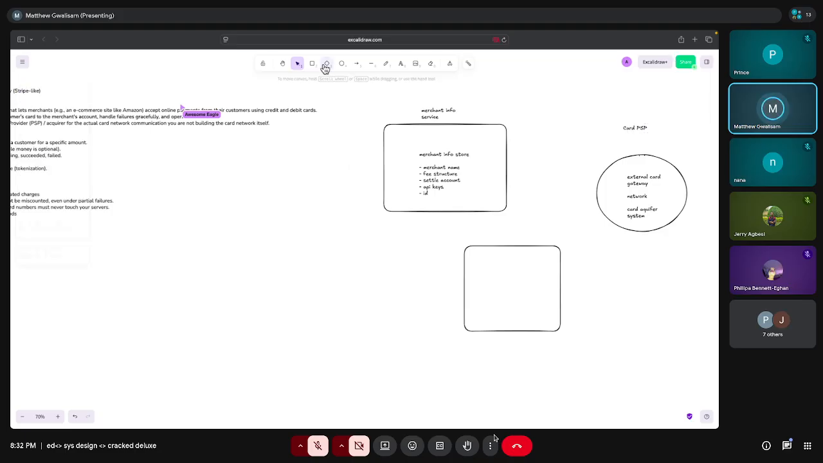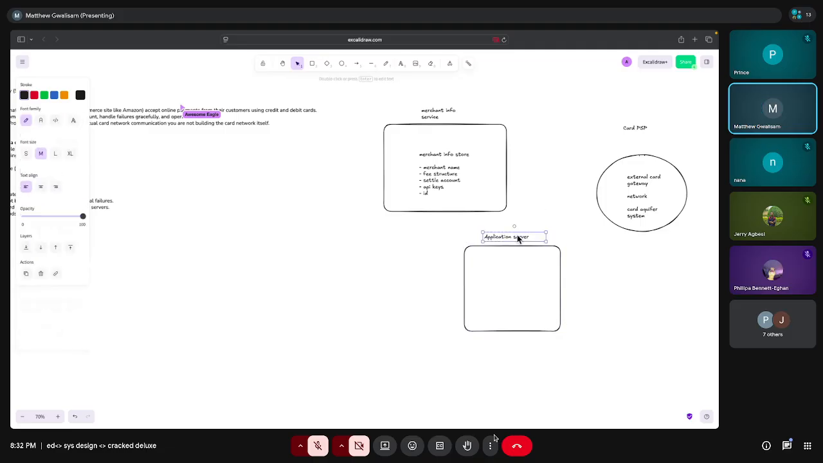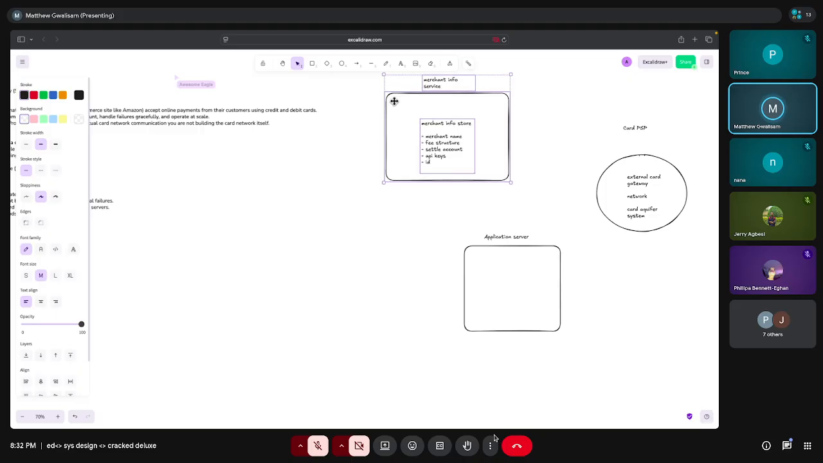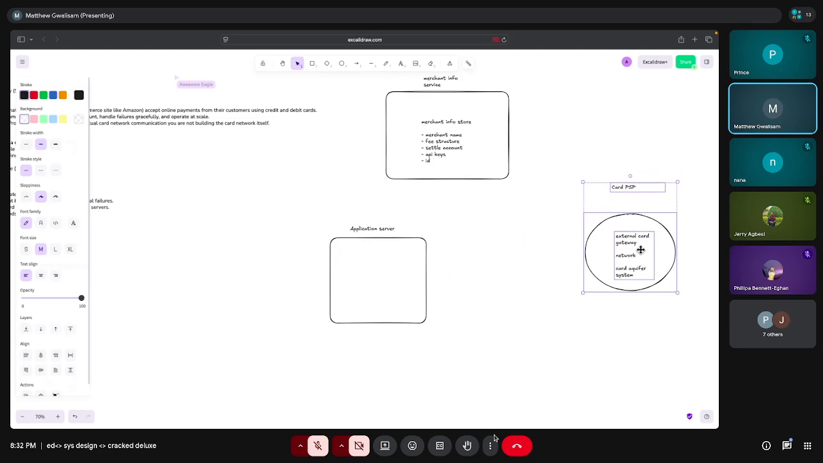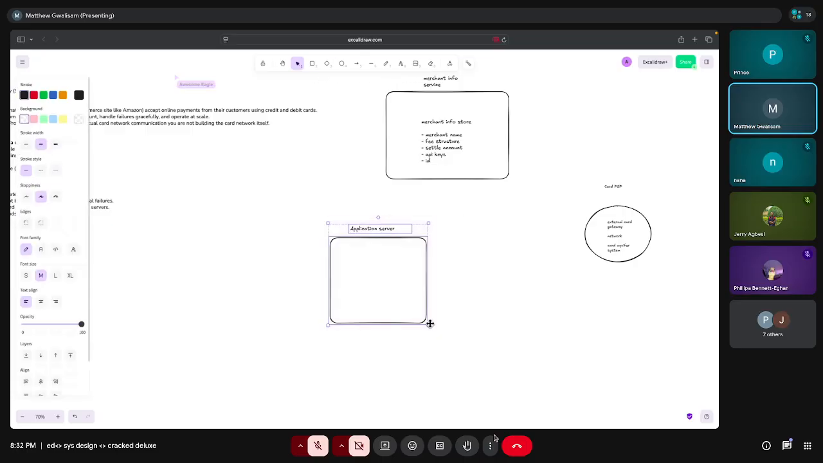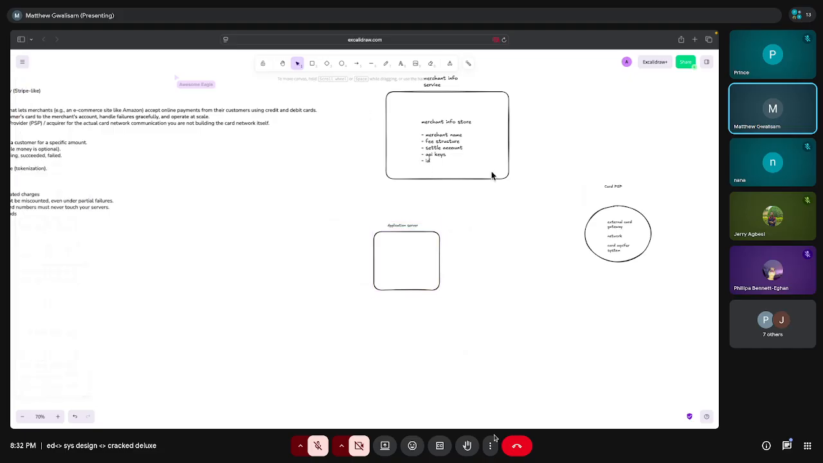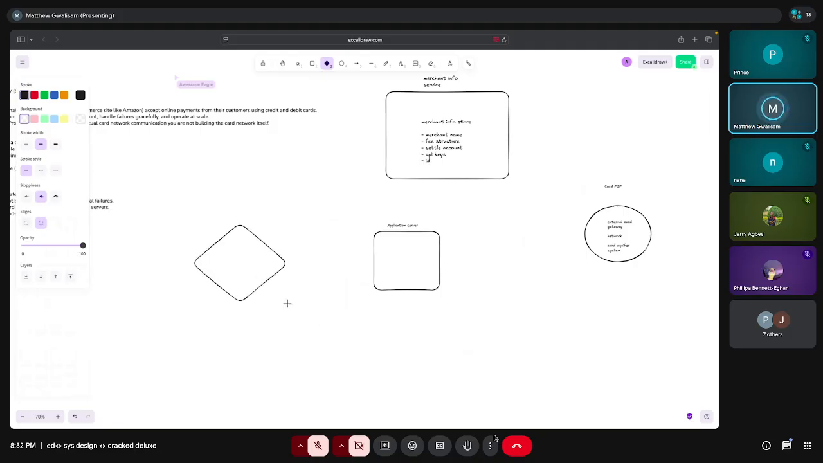Yeah, and then we would have our application server also here like this. Let me start mapping the thing here. So let's start mapping it out. So we're going to first